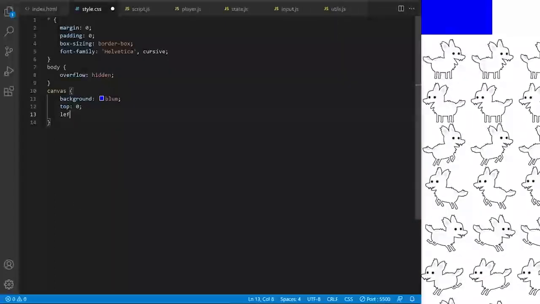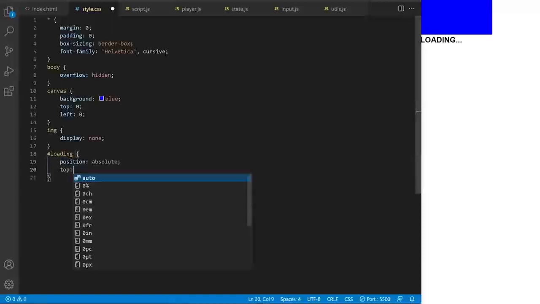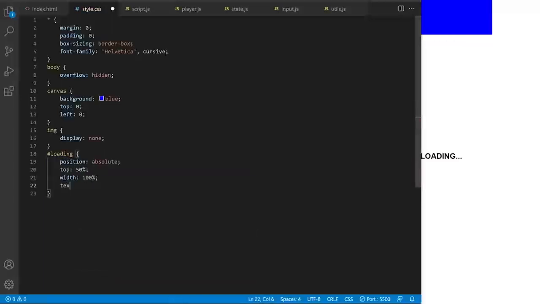I will speed up CSS setup because that's very basic. Global reset to make sure the page looks the same across different browsers. I will give Canvas some background so we can see it, and I will hide the sprite sheet image, since we will be drawing and animating it with JavaScript. I will also show you how to create a very simple loading screen. I wrote this h1 tag with an ID of loading, so I grab it here, I center it in the middle of the page, and I adjust its font size. Script.js is my main module, which will connect